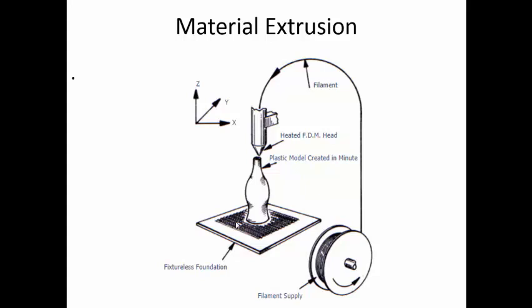So what are the raw materials used? We can use mostly plastics like ABS, nylon, polyurethane, polylactic acid, or some carbon composites also can be used. So the main criteria will be the melting of that particular polymer, the melting of the filament in the nozzle, and its deposition. This is the main criteria for the material extrusion process.